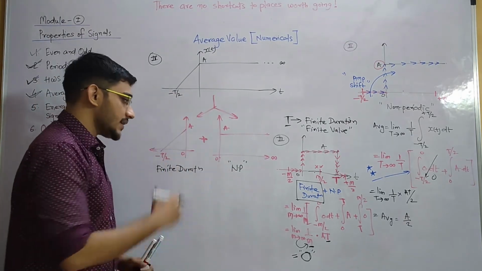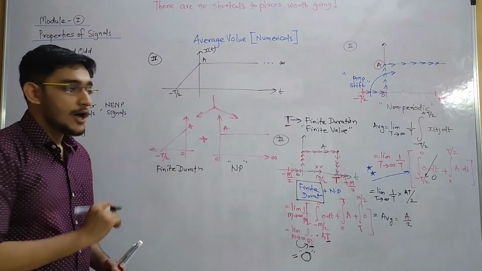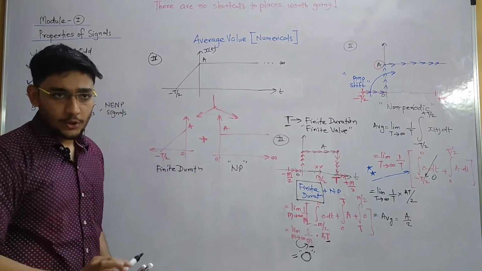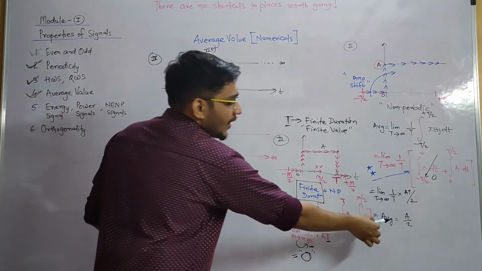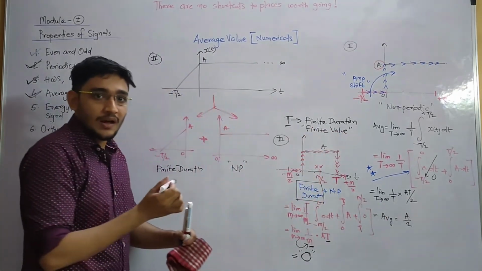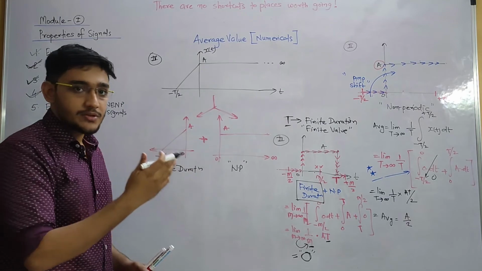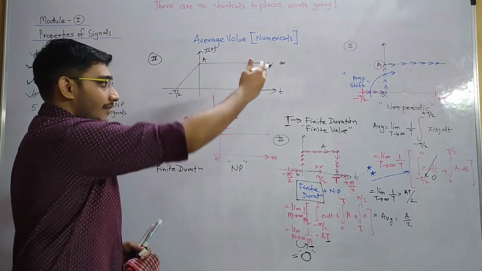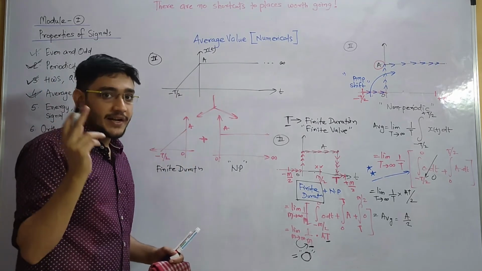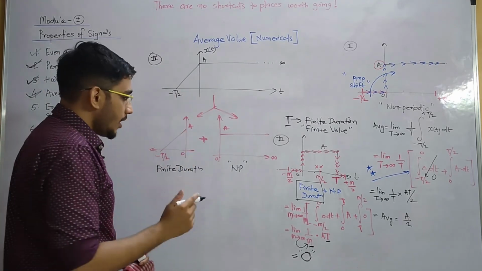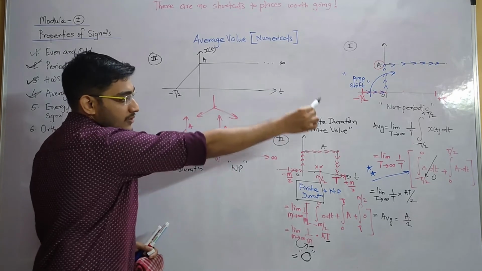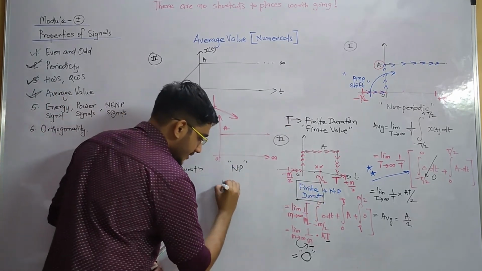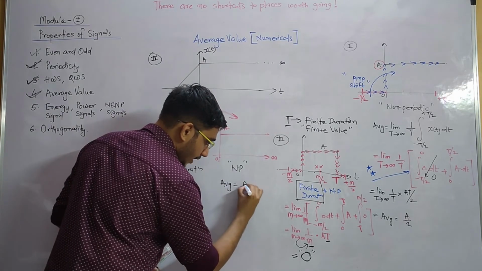So for a non-periodic signal, it's an infinite duration signal, so obviously we'll have to use the conventional way. But one thing you can do is you can just remember that value. It's very easy. That's A by 2. And when you solve numerous such examples, you might be able to remember the values for some standard signals. I've told you that that is a standard signal. We'll study it in the later part of this series. But currently I can use that value. The average value is A by 2, right? So I directly know the value of this. Average is equal to A by 2.